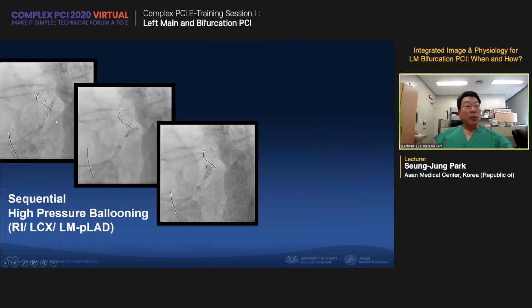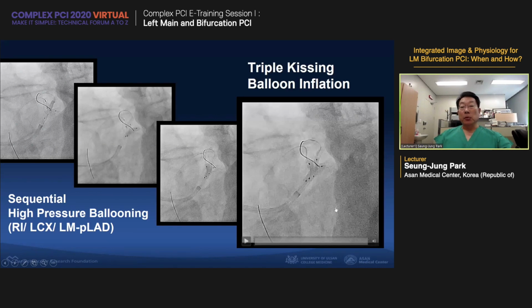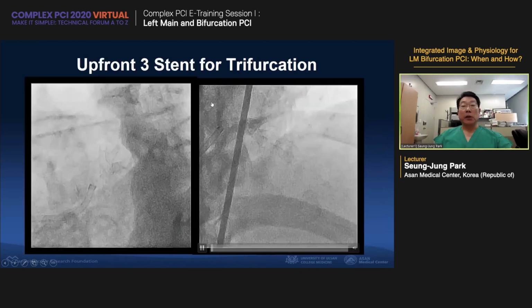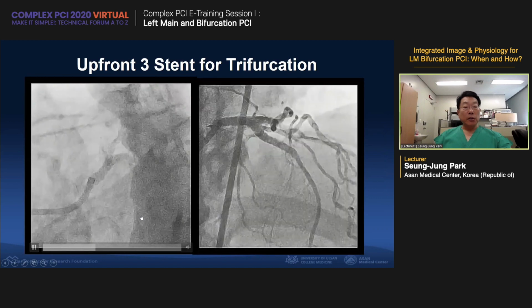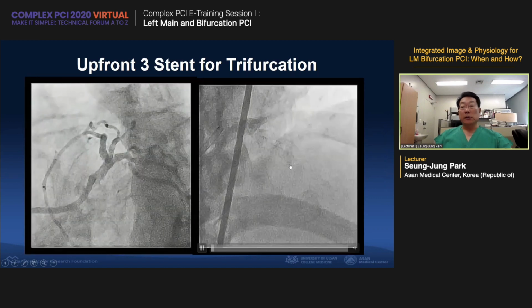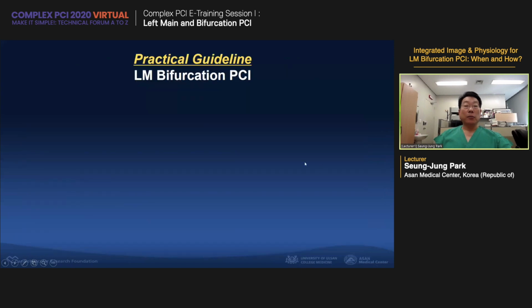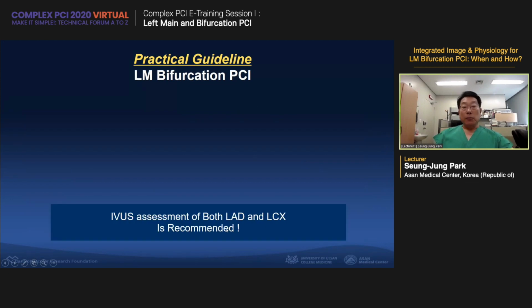And finally, sequential high pressure inflation in each stented vessel, Lamus, circumflex, and LAD, and finally triple kissing balloon inflation simultaneously in the three different stent areas. This is the final angiographic result, a truly perfect result in the spider view and another area view here. So, in summary, a practical guideline in terms of IVUS findings, both LAD and circumflex you should